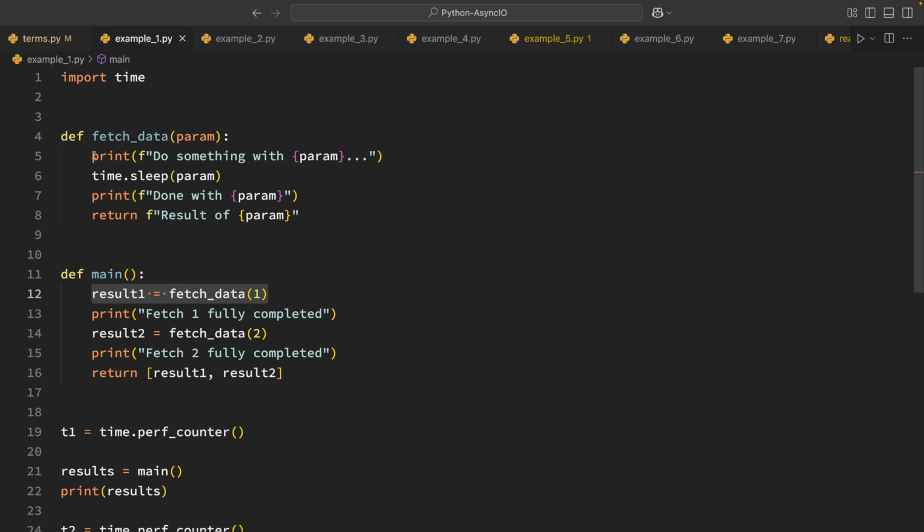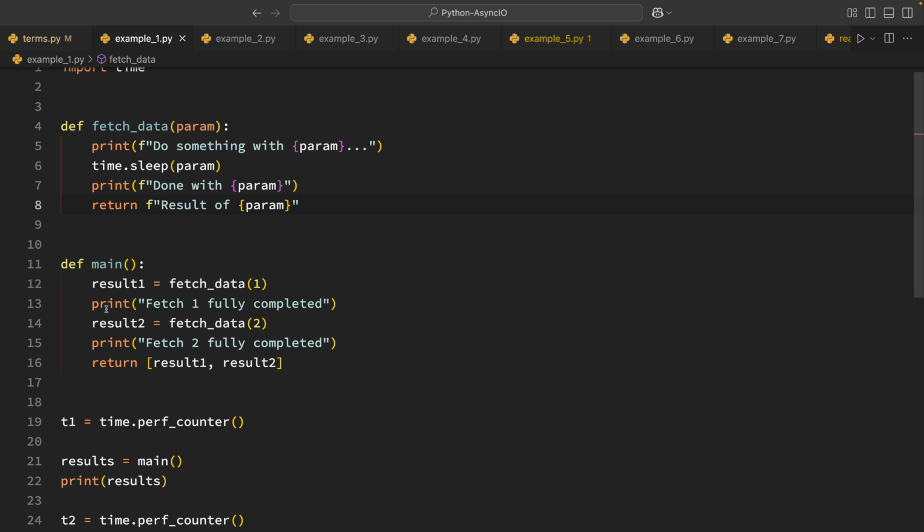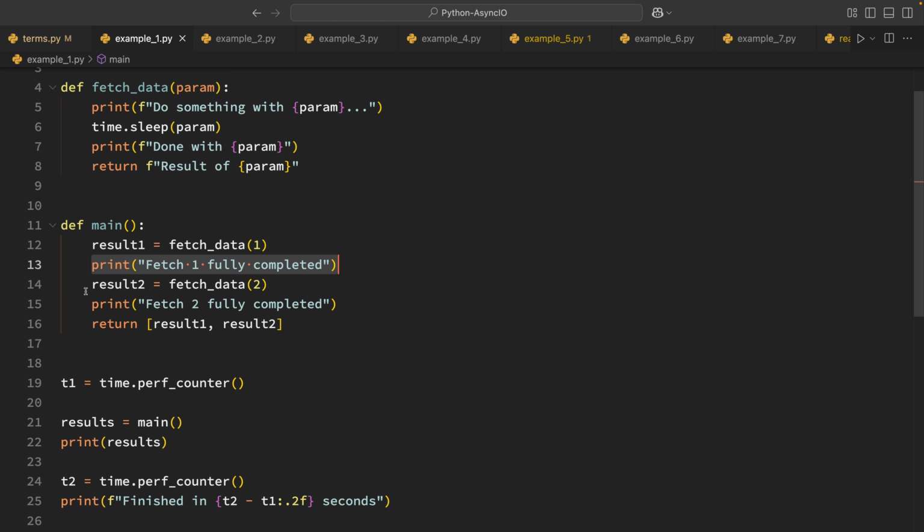Fetch data then comes in here, prints out that we're doing something with 1, then it sleeps for that 1 second that we passed in, then it prints that we're done with 1, and then returns the result of 1, okay? And then after that returns, that return value gets set to that variable there. Then we print that fetch 1's fully complete, and then we come here and do result 2 is equal to